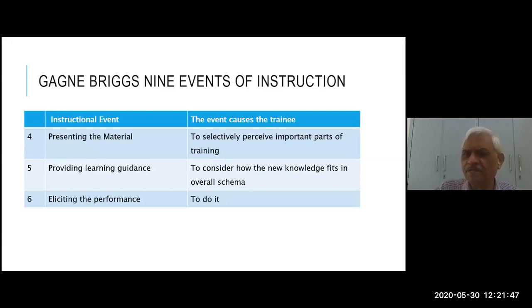How do you create a space for knowledge? By asking a question. If the question is interesting, the person starts wondering what it is. I don't know, but "I don't know" means he has created a space in his mind, a room where the new knowledge will go and fit in, right?